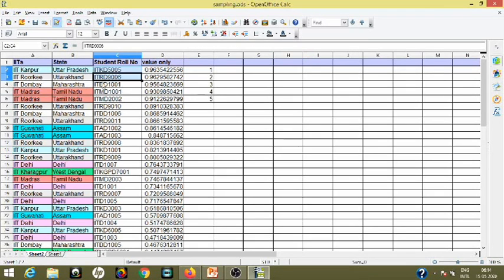Actually these roll numbers are my desirable sample, and they are coming from IIT Kanpur, Roorkee, Bombay, Madras. So this is the complete example of simple random sampling.